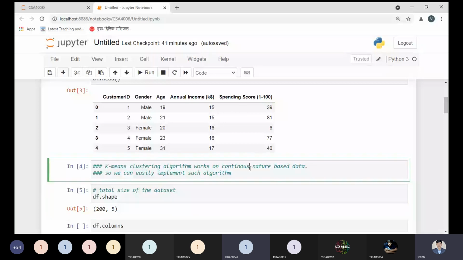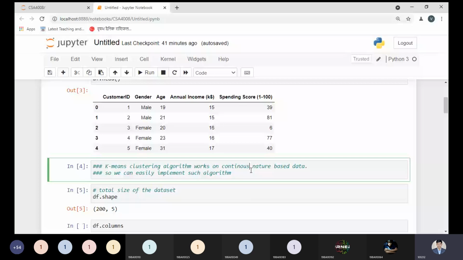Yes, of course. In which way is this data set unlabeled? I can see customer ID, gender, and age. That is a good question you're asking me right now. See, annual income and spending score you can measure over here. These are the two important columns which define that this is an unlabeled data set, because based on this information we can't easily identify the known information.